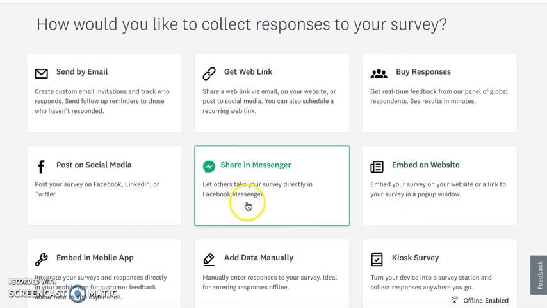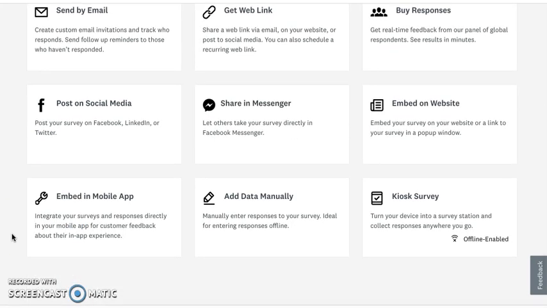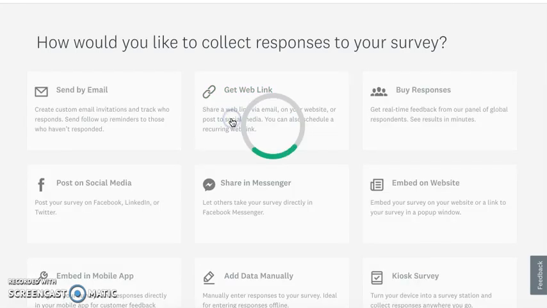We can share it in Messenger for Facebook. We can post it on social. If I click on here, it'll give me options to share it on, I believe, Facebook, Twitter, and LinkedIn. Again, this is a very social tool. Collecting data and managing and measuring is meant to be a social media practice, embedded mobile app, and so on and so on. But watch here, we just click Get Web Link,